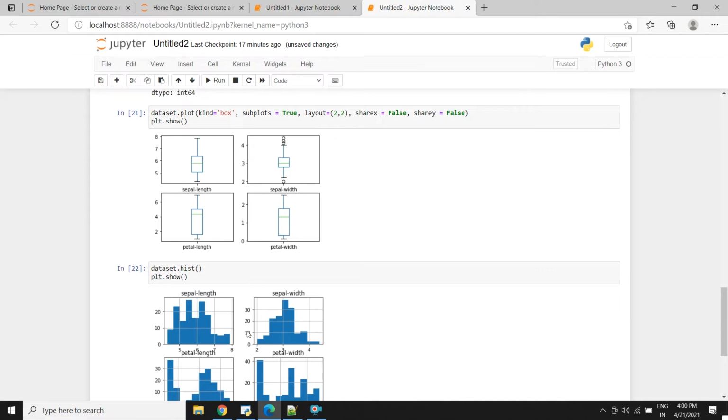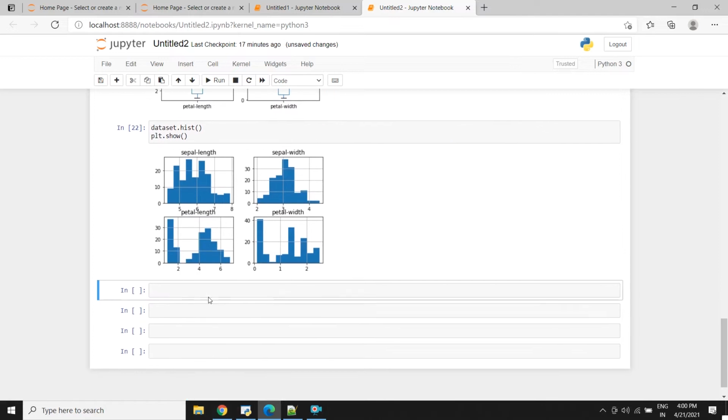So next comes the multivariate plot. Now that we have created the univariate plots to understand each attribute, let's move on and look at the multivariate plots and see the interaction between the variables. So first, let's look at the scatter plots of all the attributes. This can be helpful to spot structured relationships between input variables. So let's create a scatter matrix.